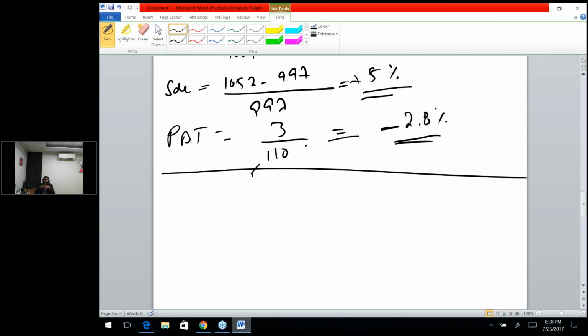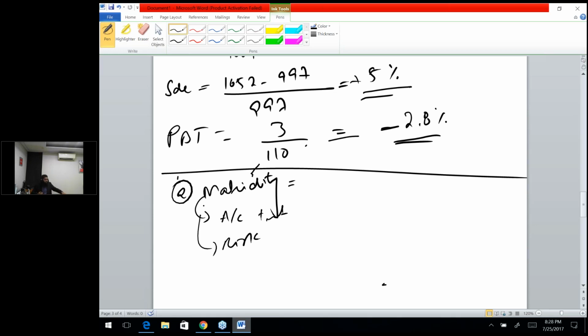You are the manager responsible for this audit. If you come across this specific matter, the first thing you will do is try to calculate the materiality, that is, whether the matter under consideration is material or not. And then, as past exam questions indicate, there could be two types of things you discuss as an auditor: the factors you are considering. It could be the accounting treatment and rectification, or the various risks associated with this matter. So you could write about the accounting treatment, and you could write about the various risks associated with this matter.